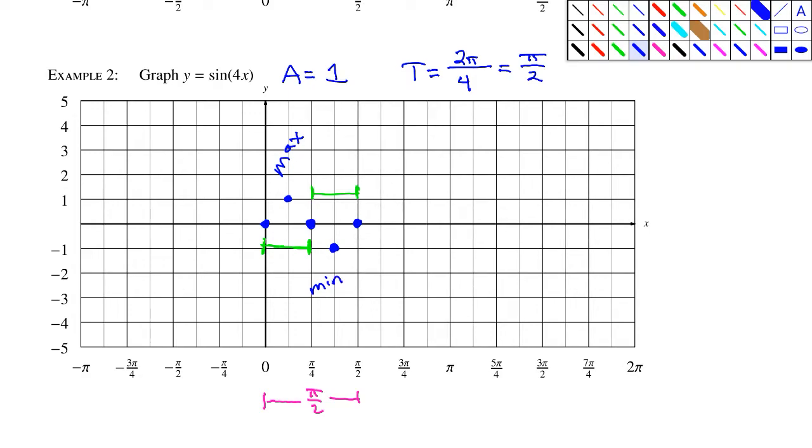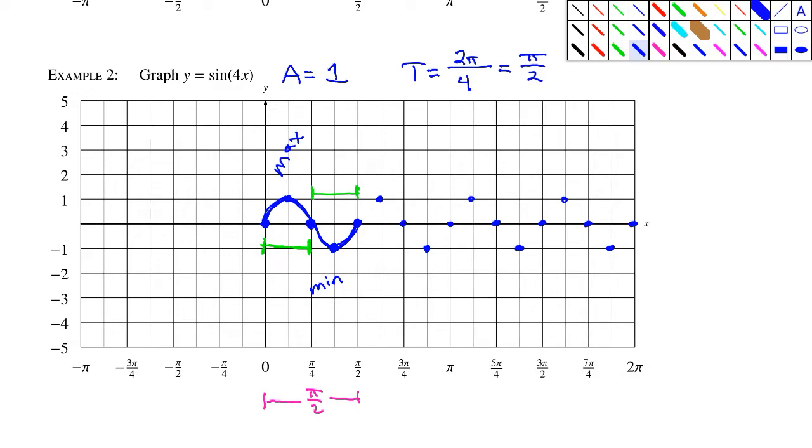And then here is one whole period of the sine curve. And now we just have to repeat that pattern throughout the rest of the graph that's given. So max, 0, min, 0, max, 0, min, 0, max, 0, min, 0,